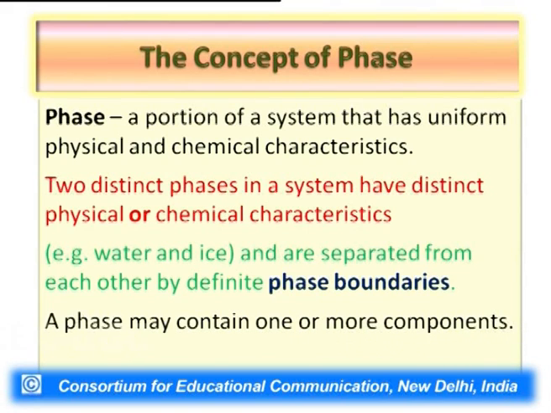Therefore these two portions, the ice as well as the liquid water, although they have the same substance present in both portions, do qualify to be called different phases, because ice, the solid water, has different physical properties compared to liquid water. So ice, the solid water, and liquid water are considered as two different phases, since, as I said earlier, in both phases there is only a single substance, that is water.